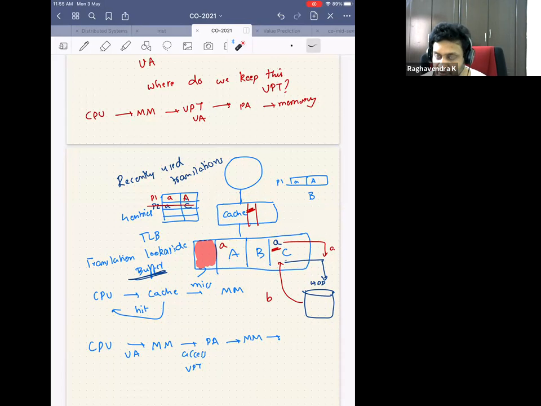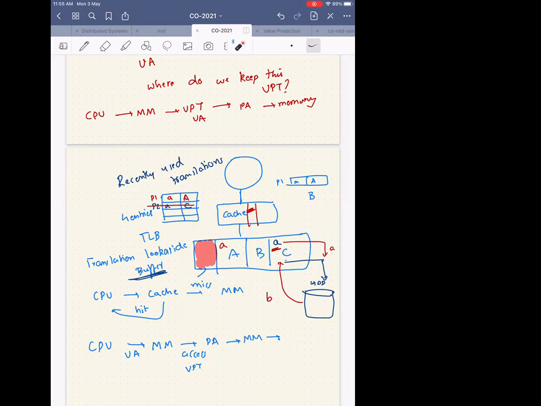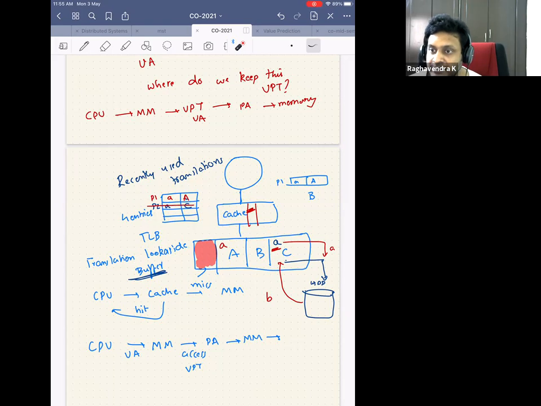I put the TLB here because I didn't want to go to the main memory. I reduced the access time so much by having it in the TLB. But I'm still not happy because I'm a human. I am not happy with whatever performance I got. That's why we are here from the cave, right? Or else if we were not passionate, we would have been in the cave still taking 2 stones to light fire. So we came here, but I'm still not happy because I'm taking 2 cycles. So I want to make it 1 cycle.